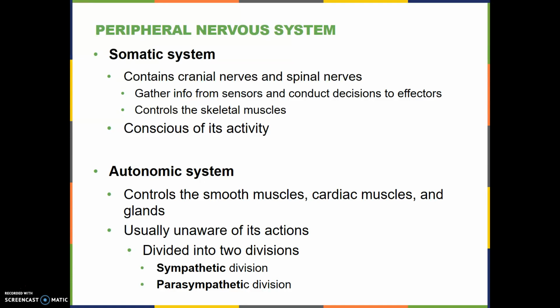When you divide the peripheral nervous system into its components, we already said that the nervous system is divided into the central nervous system and the peripheral nervous system. The peripheral nervous system can be divided further into the somatic nervous system and the autonomic nervous system. And then the autonomic nervous system can be divided further into the parasympathetic and the sympathetic. That's kind of how it works. The somatic nervous system